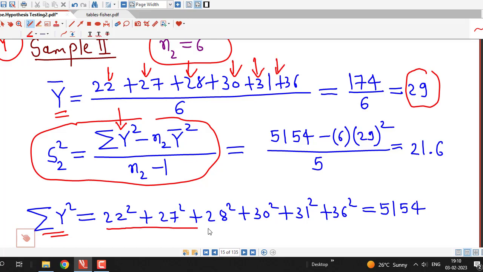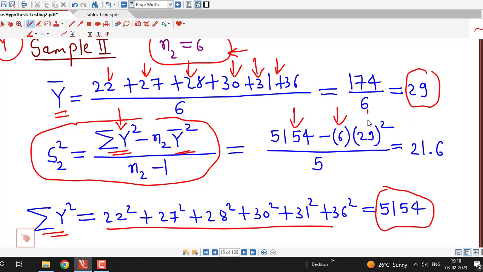So I have obtained that here, and sigma y square turns out to be 5154. So here I substitute sigma y square, n2, the number of observations, which is 6, and the square of y bar, that is 29 square, divided by 6 minus 1, which is 5, and the sample variance for the second sample turns out to be